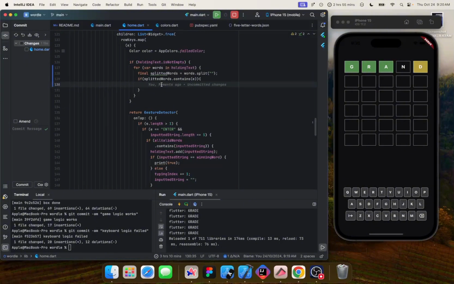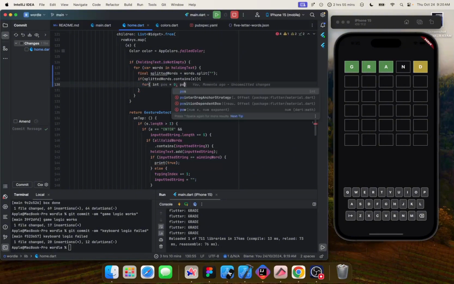And then we'll now do our position. Also now do for integer. So let's use pos. I guess we've not used pos to this, and then we'll do if pos